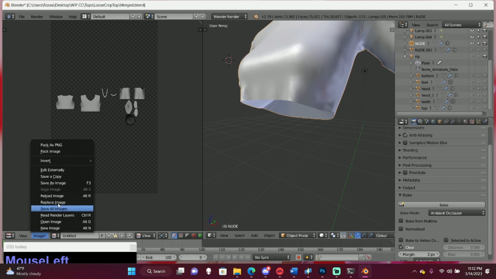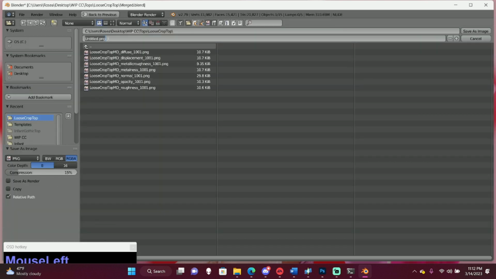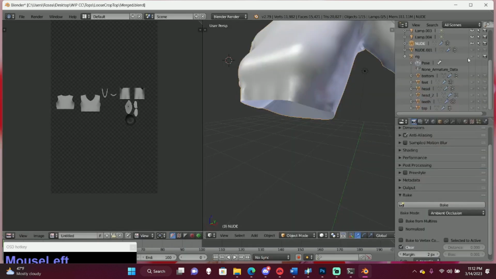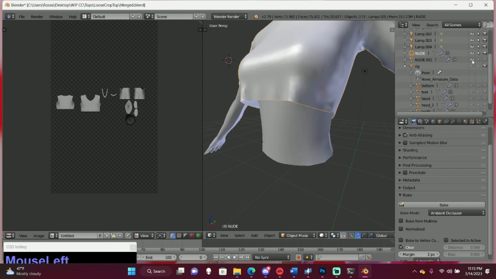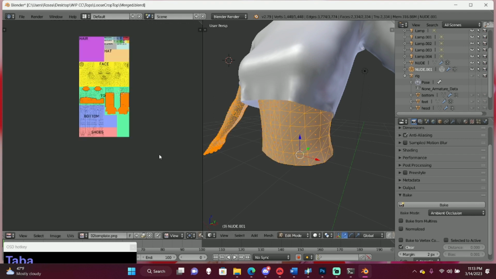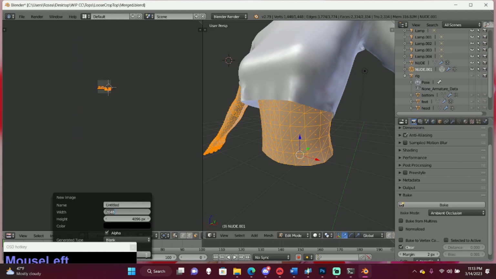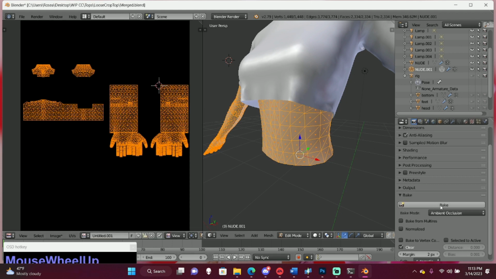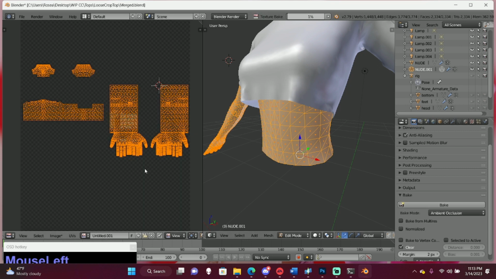Then I'm just going to click image, save as image, and I'm going to call this shirt AO. Then also while we're here, we're gonna turn the body back on, click the body, press tab, A, click this X, new, and then click OK. And then we're gonna hit bake.